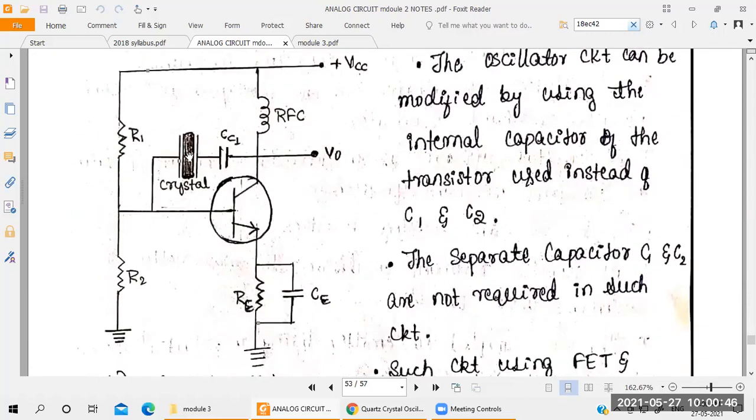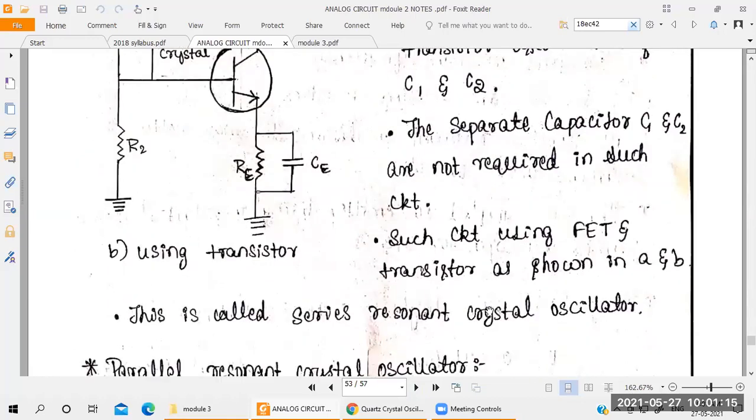Same thing for the BJT, they have taken a voltage divider circuit, R1 and R2. These are high resistance. Okay, R1 for the supply voltage, R2 for the ground voltage. R1 should be greater than R2 always. Then you take RE and CE. So RE and CE are the bypass resistance and bypass capacitance. These two act as a bypass for the emitter side. Understood? So again, the crystal is serially connected with base and collector.